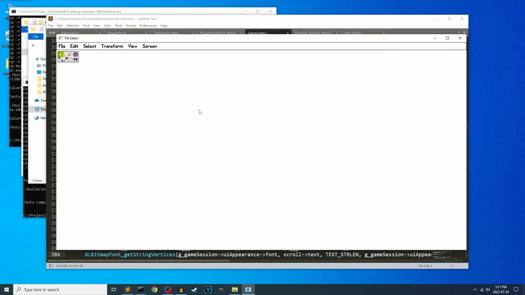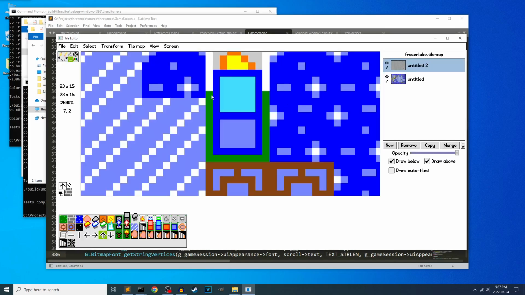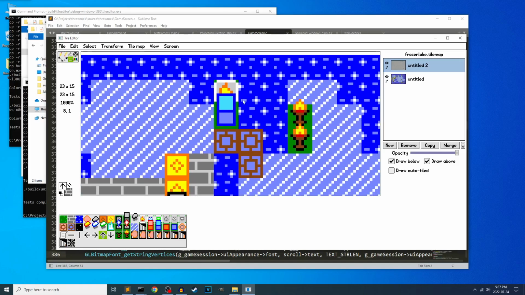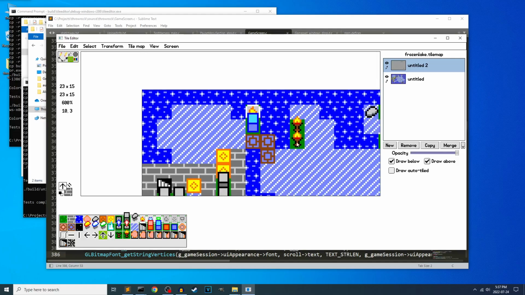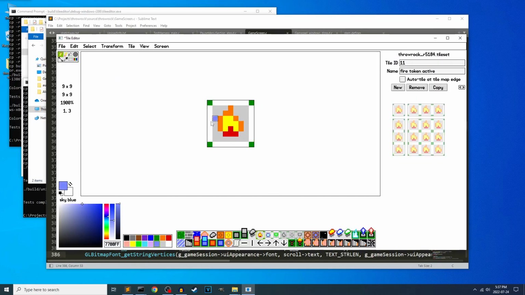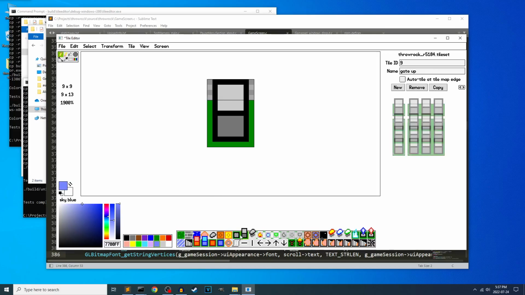How can that be as it is? No, no, no. Those are not part of the block tile. Those are part of the fire token. Yeah, because the fire token itself has some grass pixels around it. Okay, that makes sense. Anyway, a lot of stuff